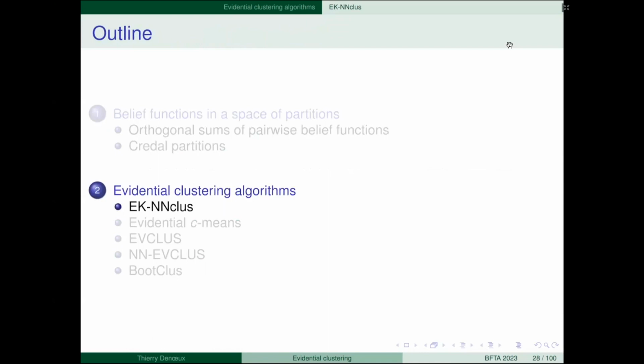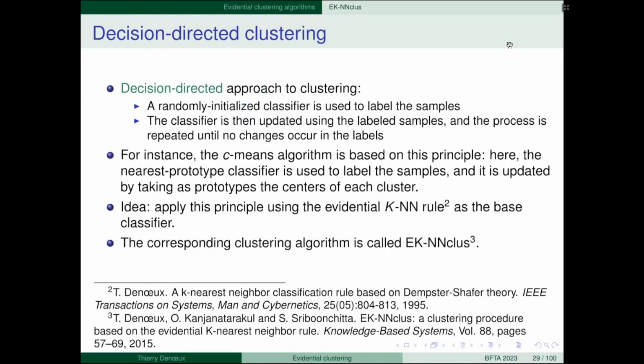The first algorithm, I call it EK-NNclus. It is an example of a decision-directed clustering algorithm. This is a whole approach to designing clustering algorithms, starting from a classifier. Assume you have a classifier.